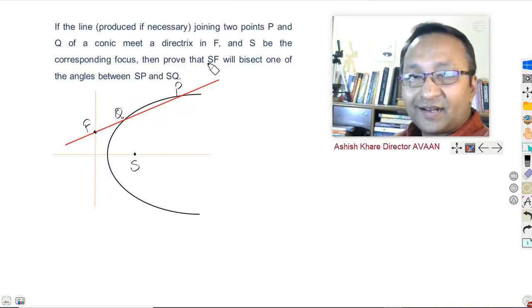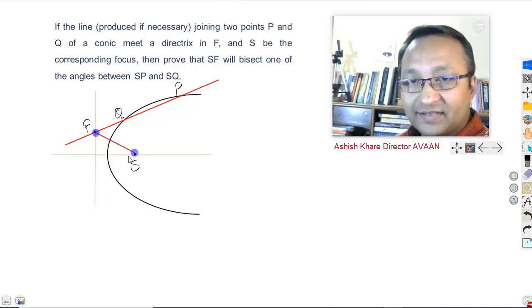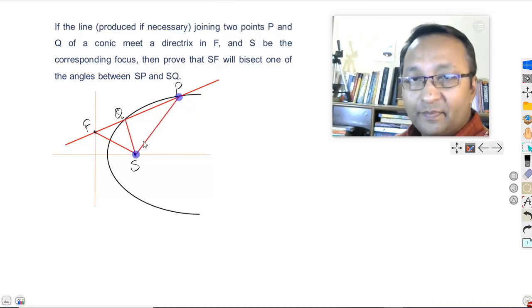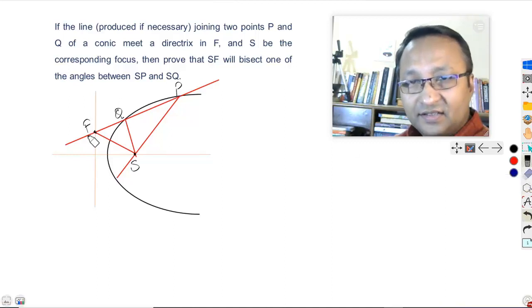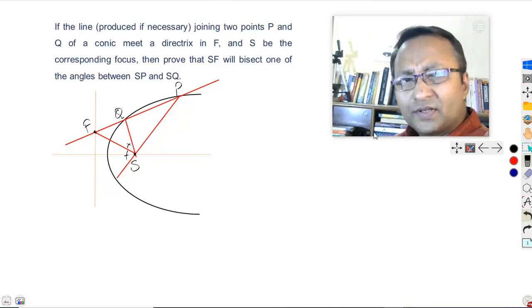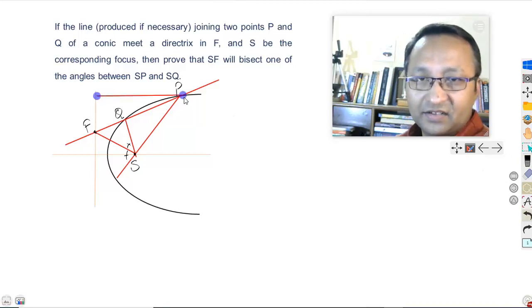Then we have to prove that SF, as in this segment, would bisect the angle PSQ between SP and SQ internally or externally. So if I extend this, so what probably they mean to say is SF will bisect this angle. That means these two angles should be same. To prove this, what we will do is we will use elementary class 9th geometry, and that is the whole